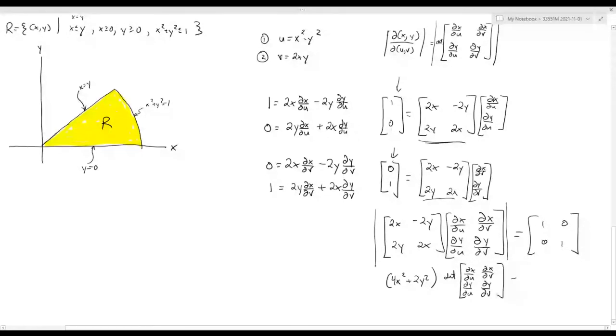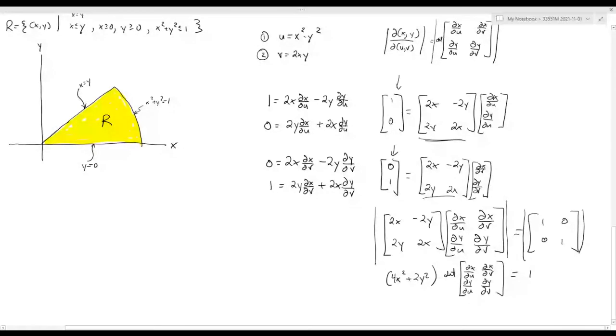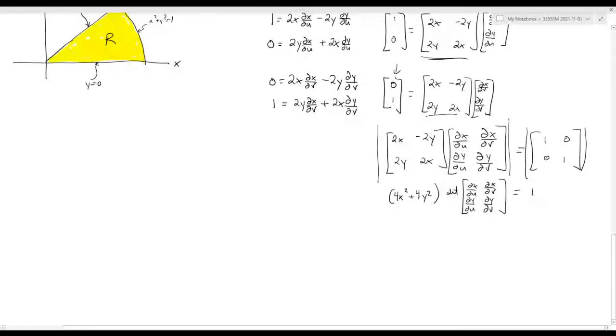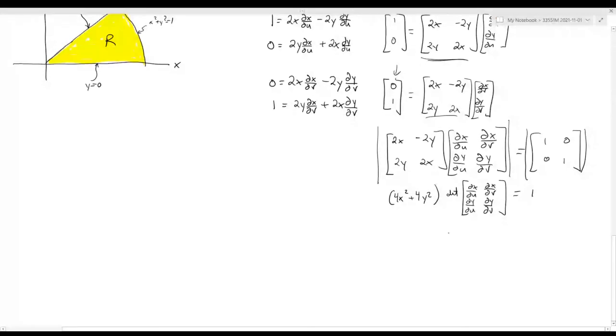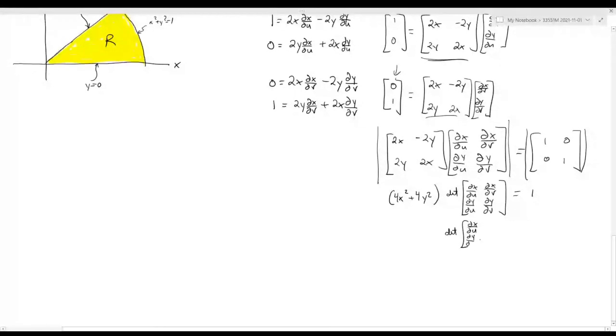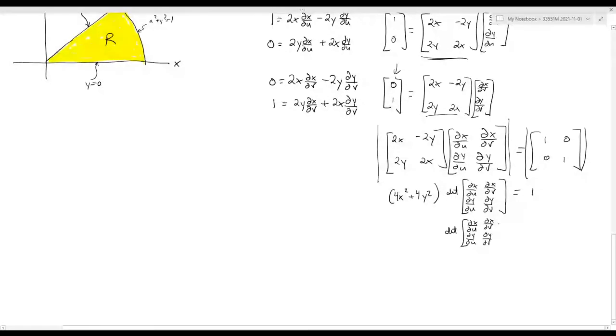And on the right-hand side we have the determinant of the identity matrix, which is 1. So the determinant of our matrix is 1 over